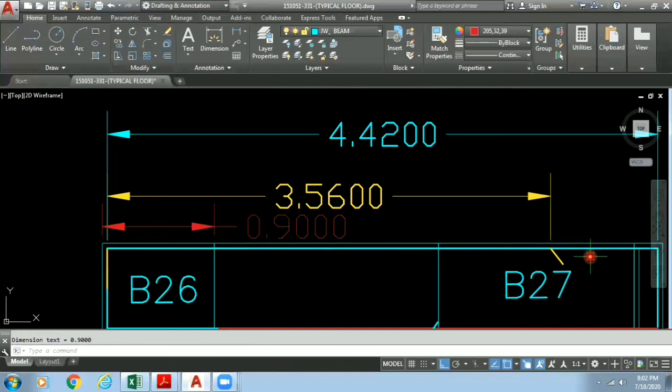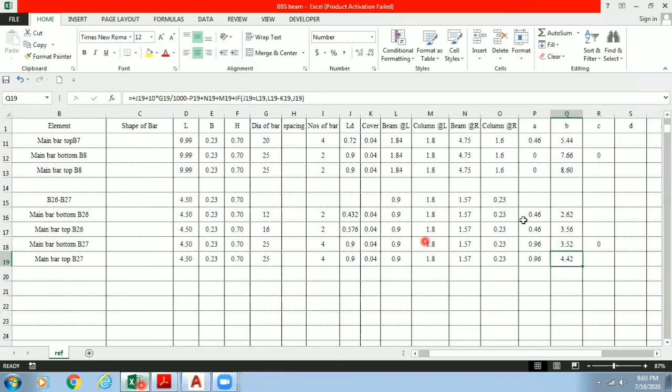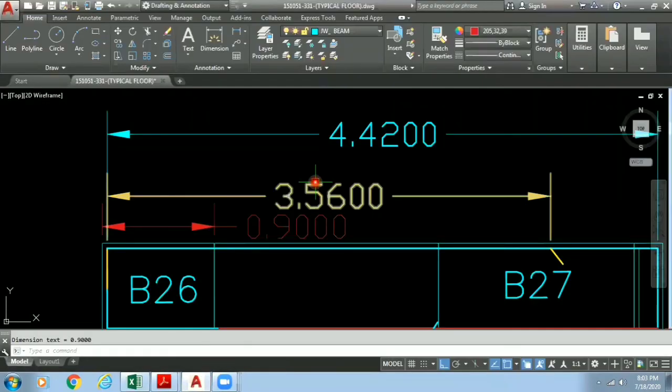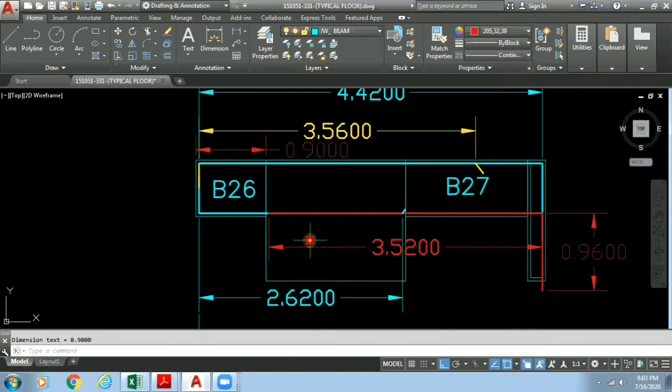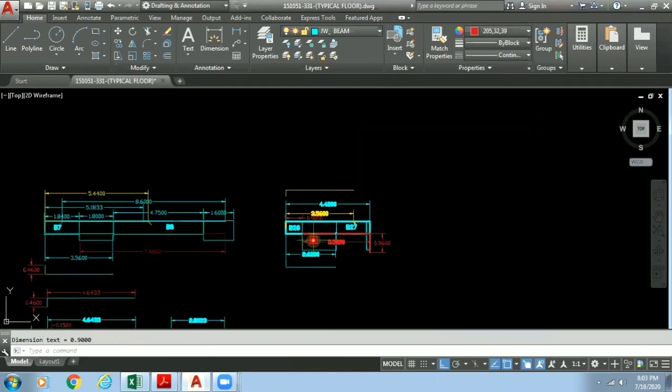So what we have done is we have again provided an if statement for this condition, that if the length of the beam is equal to the development length, then we have to deduct a cover from that, or else keep it the length of the development length. So in this way, we have to think logically how the reinforcement will travel in the beam, how it will be placed on the site, and the same logic which I have drawn over here, I have shifted into the Excel sheet using formulas.